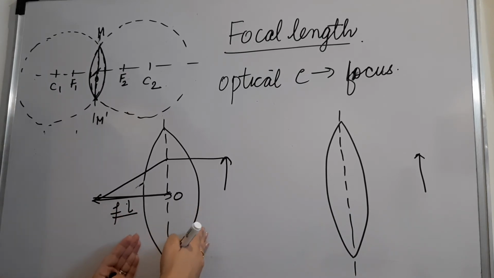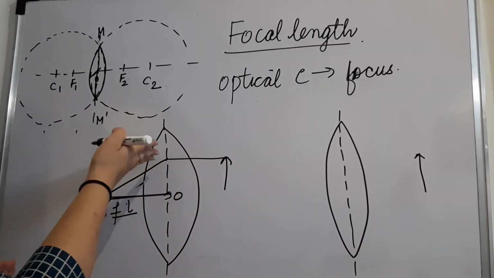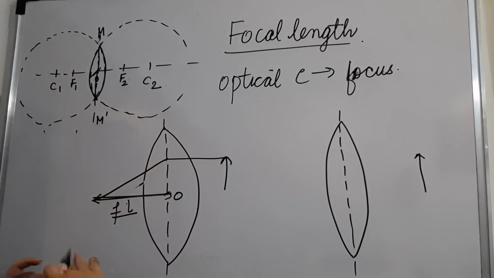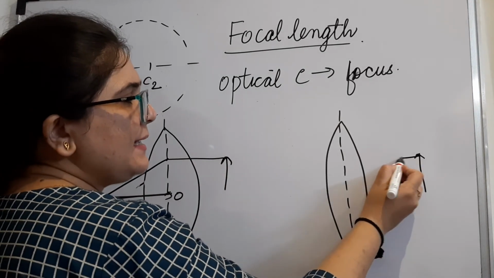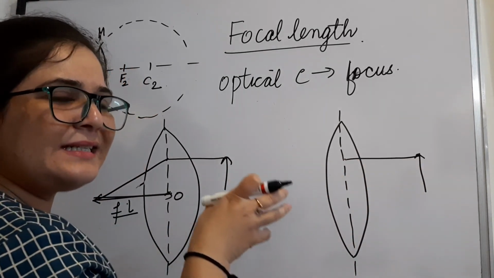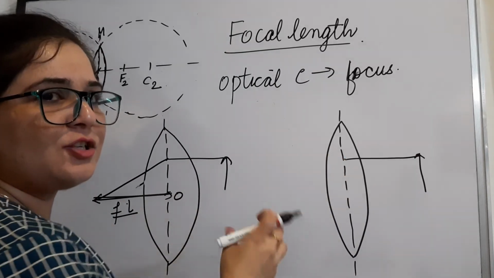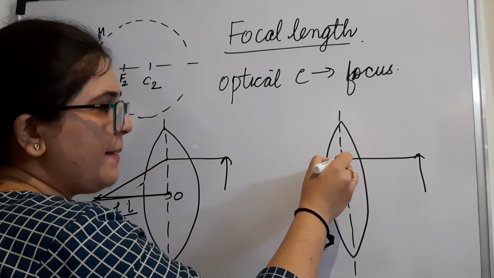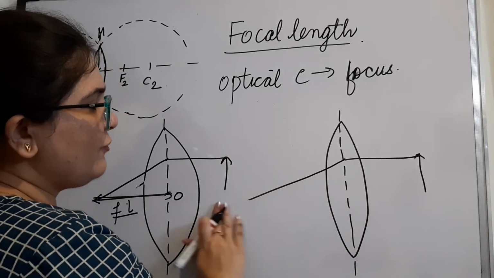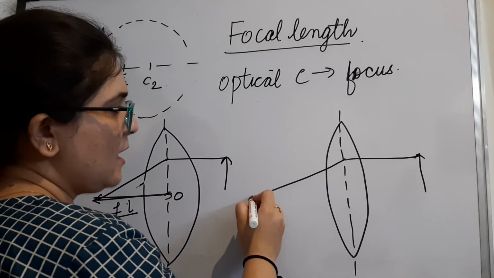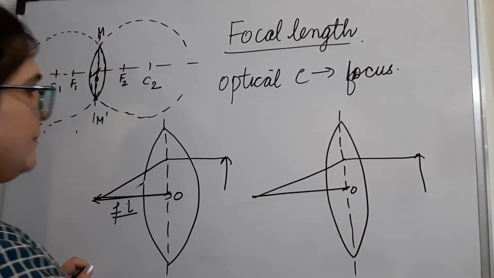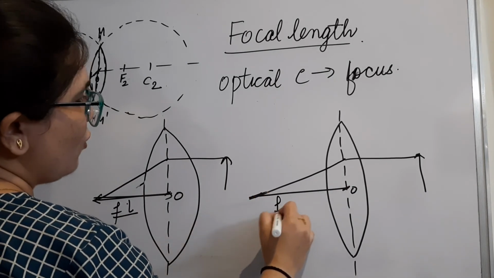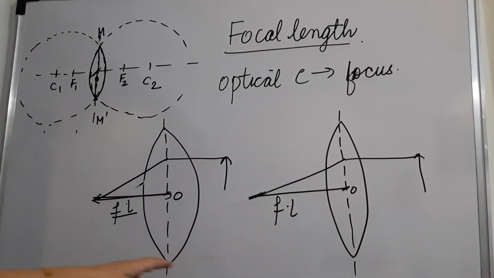The thicker the lens, the more the area for refraction, the more will be bending, and the more the bending, the rays will meet very close to the lens itself. Whereas contrary in this side, if the ray is coming like this, the lens is very thin and the surface for refraction is also less. Obviously it will bend, but it will pass through quickly because there is not much of an area for refraction to happen in this case. Now let's say this is the optical center. You very clearly can see that in this case, the focal length is bigger as compared to this one.